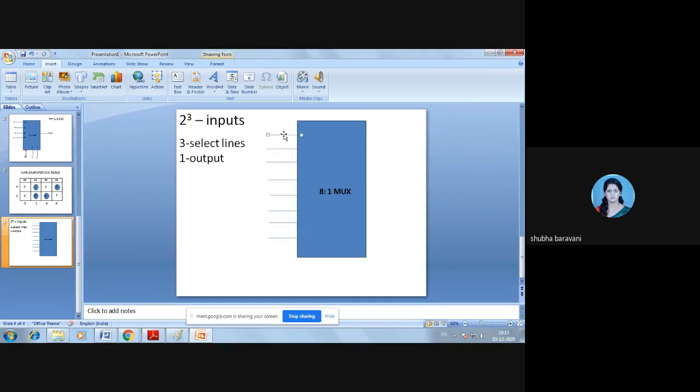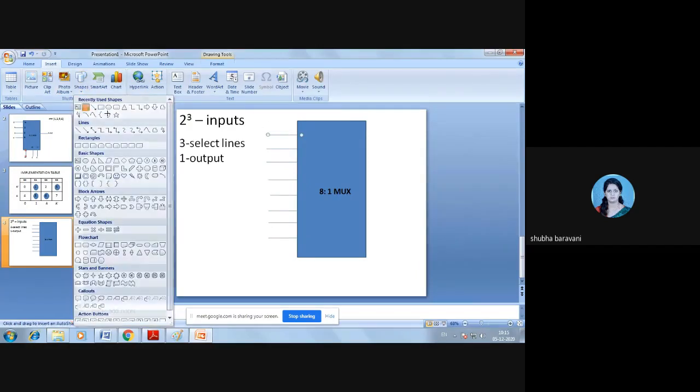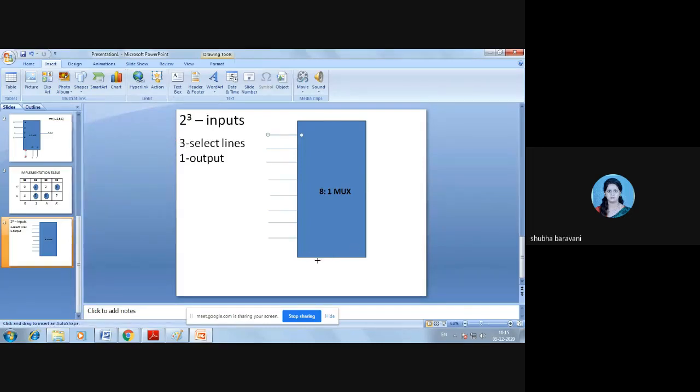Okay, 8 inputs, and I know I should have 3 select lines: one select line, the second select line, and the third select line, and I should have one output. So I am giving one output.